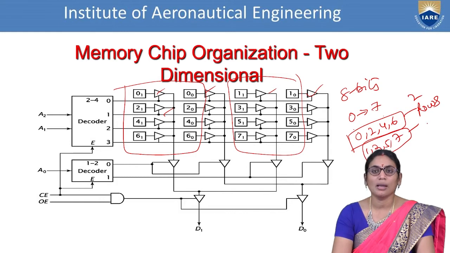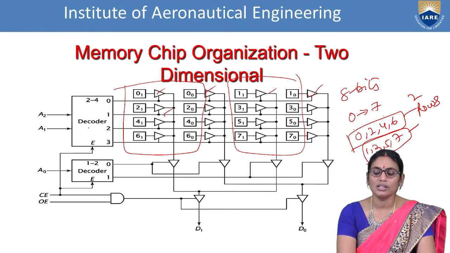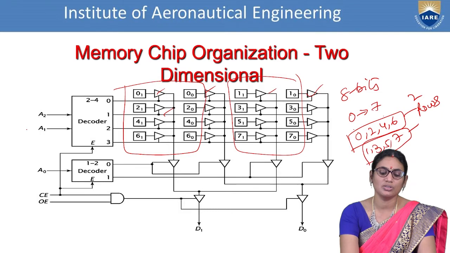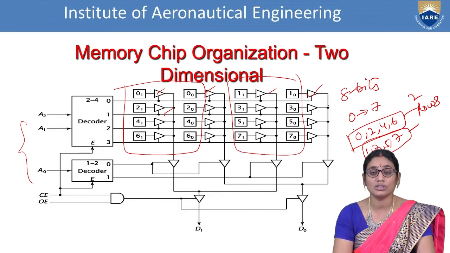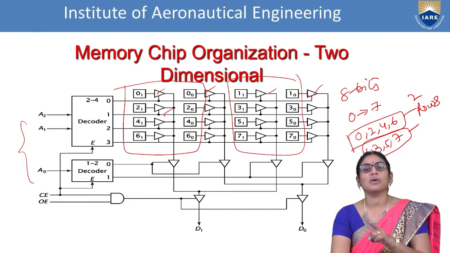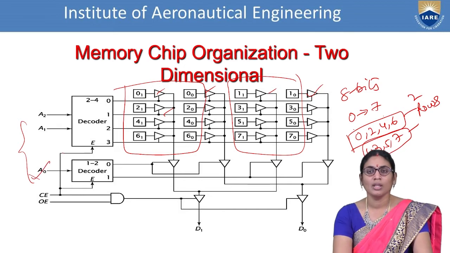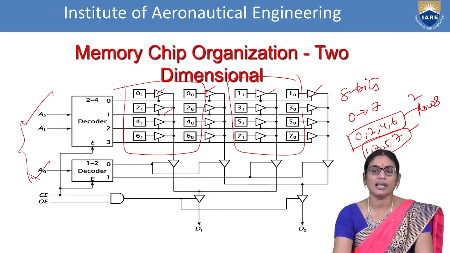Because of this reason, what happens? These 2 rows of data will be processed in such a way that data will be coming from the decoder. It will be redirected to the corresponding data lines and activated through the buffers, and these buffers will again redirect to the corresponding data lines. So here, in order to synchronize with the 8-bit representation, we will be using the same 3 address lines but with 2 types of decoders, because we need to check whether the first and third row is activated, or the first and fourth row is activated or not. In order to decide which column has been activated, we will be using the first decoder. And in order to activate the data lines, we are using the second decoder.